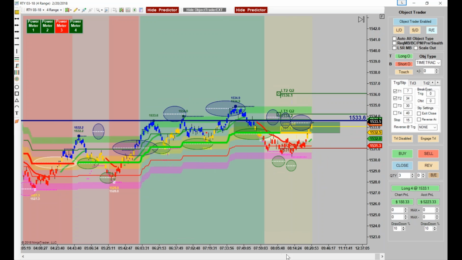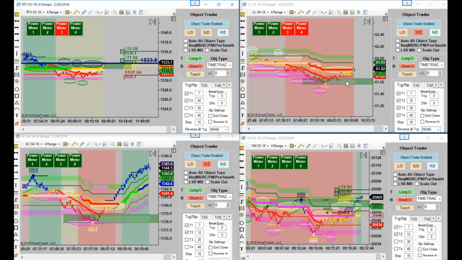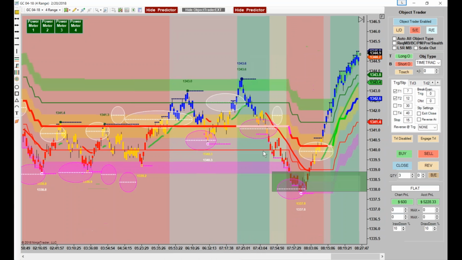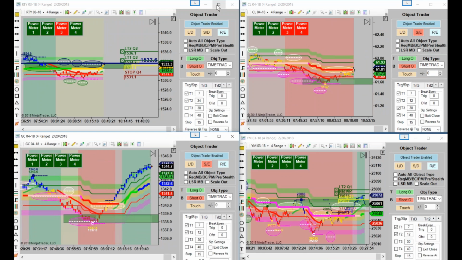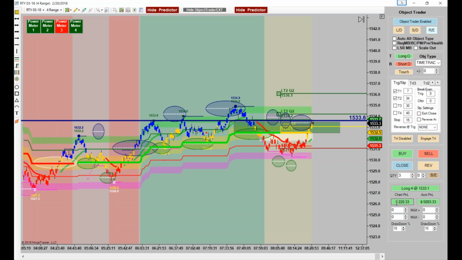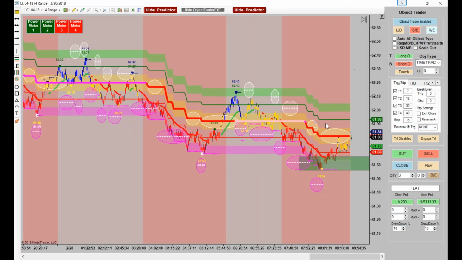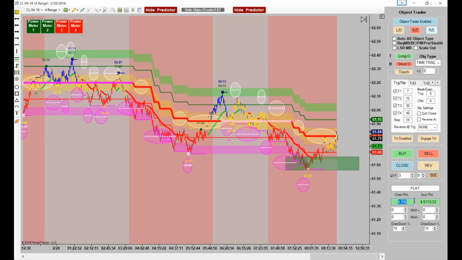Okay, does anybody remember what we were at before? Well, we can tell for sure this P&L is at 228, give or take. This P&L here, we had never traded gold, so it's at 600. This P&L we had been trading, so it's at 208. And let's see what this one is. We hadn't traded it, 290. So wouldn't that be pretty decent coin in the morning?